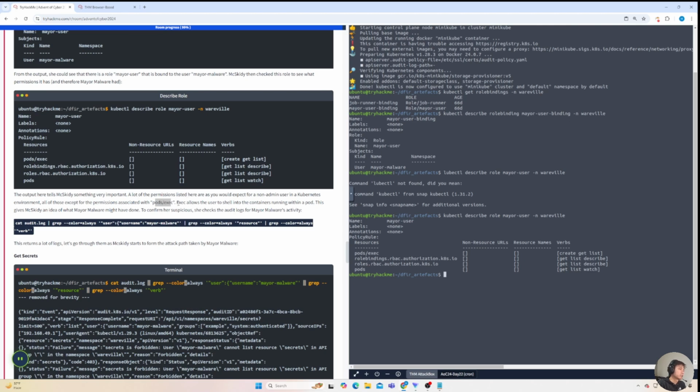exec allows the user to shell into the containers running within the pod. This gives Mosquito an idea of what Mayor may have done. To confirm her suspicion, she checks the audit log on Mayor malware's activities. Okay, cat audit.log grep